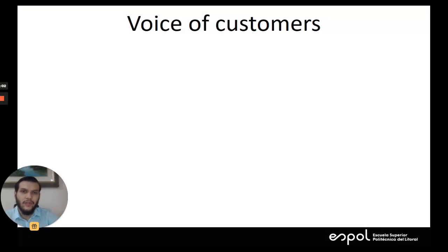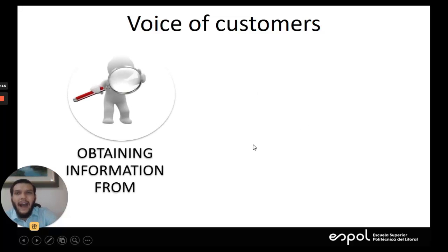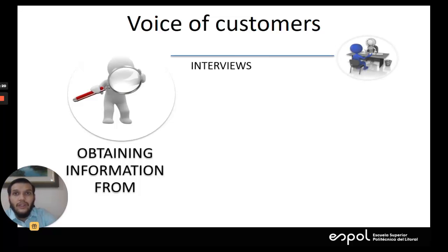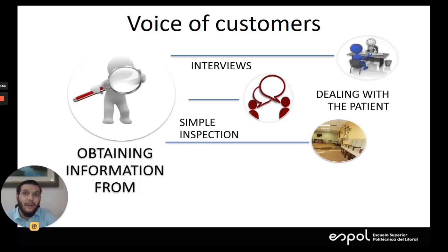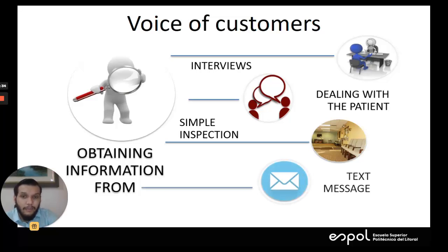Okay, so in order to establish the objective of the hospital project, it is important to emphasize that it arises from a client's need. For this, the information has been compiled from a community service project based on interviews with doctors, nurses, and service personnel. In addition, we had the opportunity to talk with the patients waiting for the service, in which it has been possible to identify, by being very observant, like a simple inspection, how